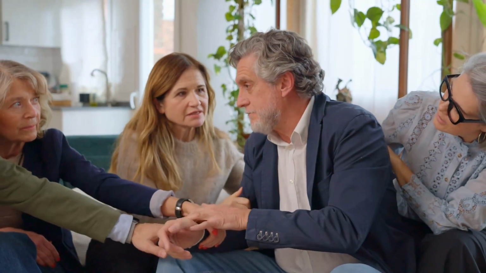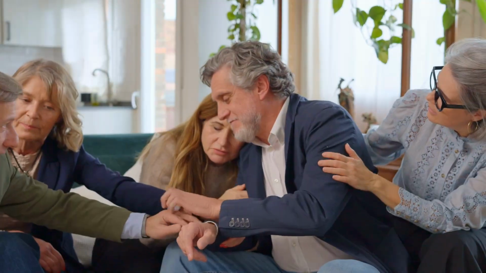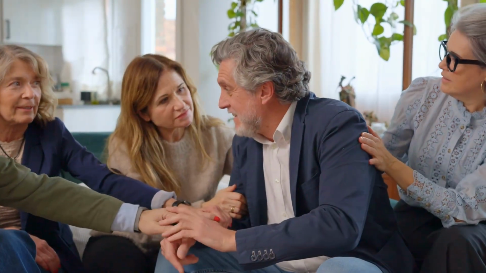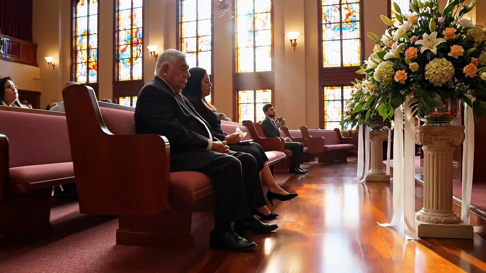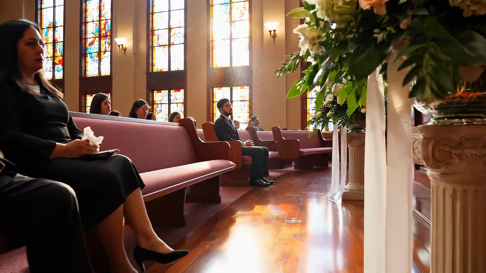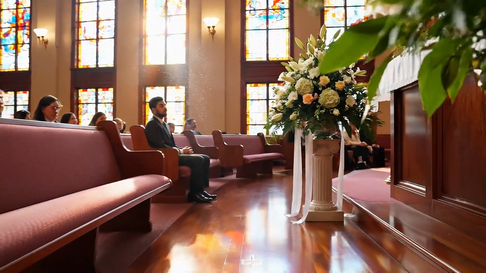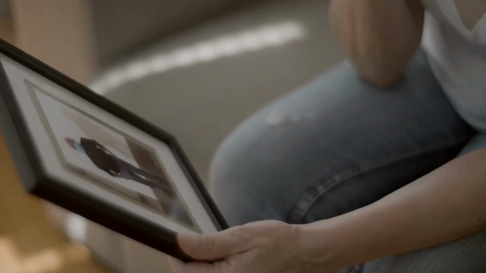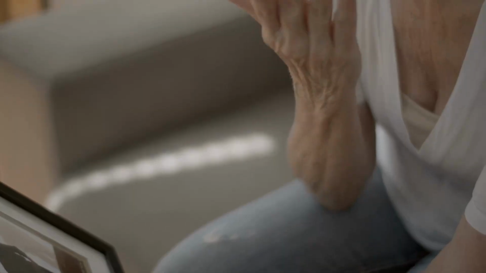Losing a loved one is one of life's most challenging experiences. Amidst the grief and the process of healing, families are often faced with the daunting task of navigating the legal complexities of their loved one's estate. The probate process can feel overwhelming, especially when trying to understand the associated legal costs. Our goal today is to demystify probate lawyer fees, providing clarity during a difficult time.